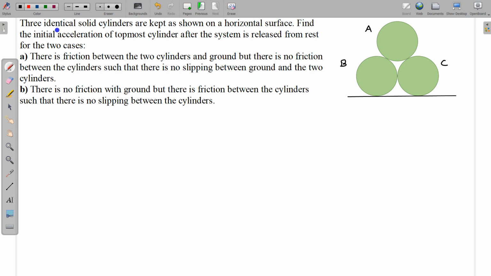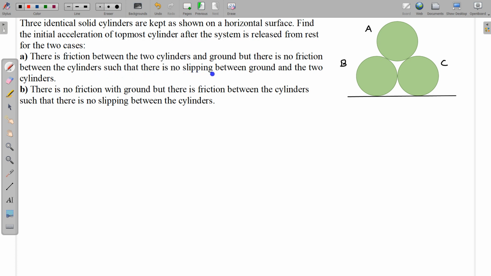In this question, three identical solid cylinders are kept on a horizontal surface. Find the initial acceleration of the topmost cylinder after the system is released from rest for the two cases. The first case is there is friction between the two cylinders and ground, but there is no friction between the cylinders,